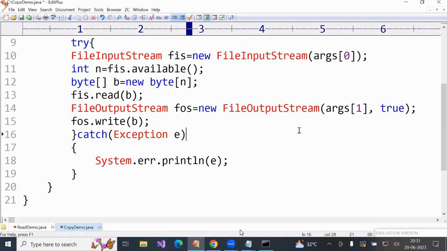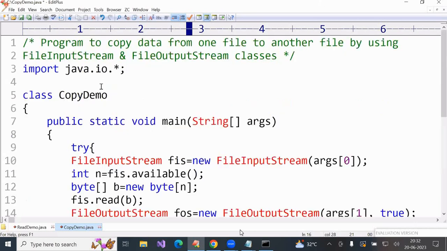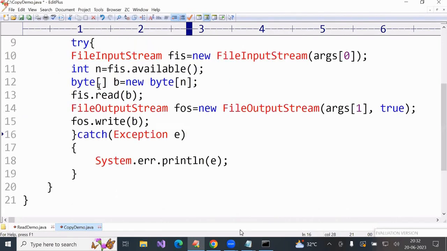That is, I'll show you closing. Is it completed? Now,